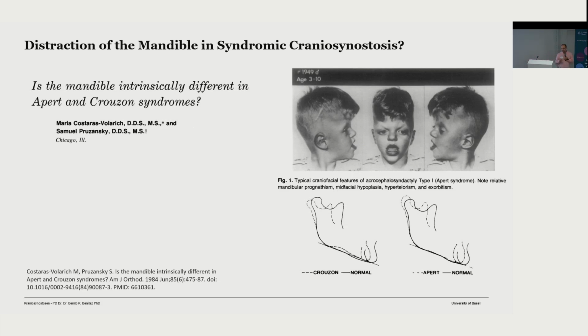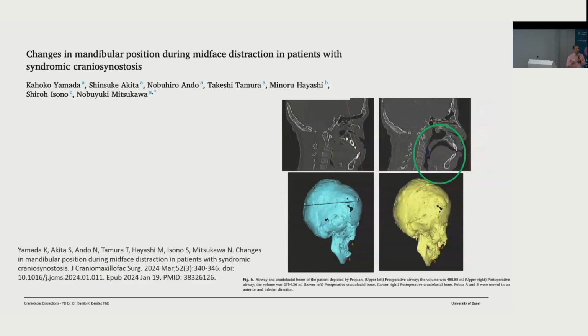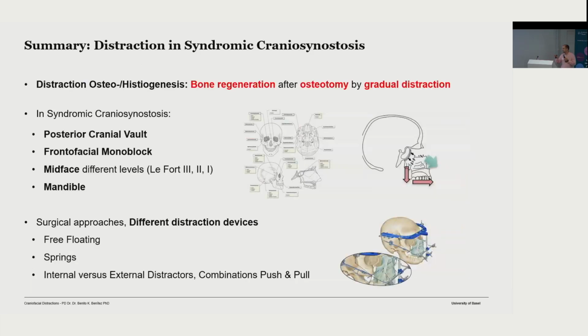And in other studies, they showed that depending on when and how you move the midface, you will also have changes in mandibular position. So this is another point of secondary deformity, and we should have in mind that maybe if we do a very late correction of the midface, then also the mandible might need to be addressed at the end. So I hope that I could summarize a bit this distraction, osteo or even histiogenesis with bone regeneration